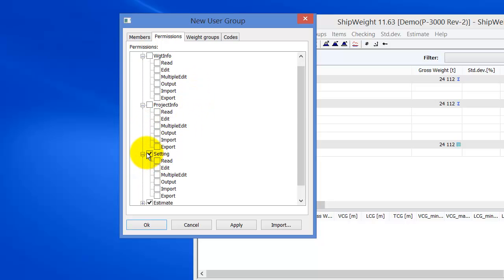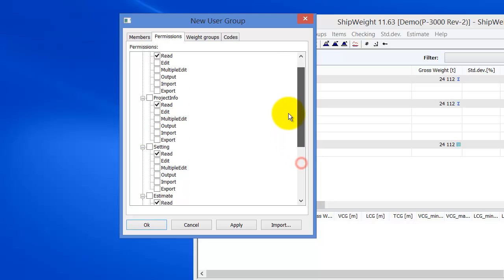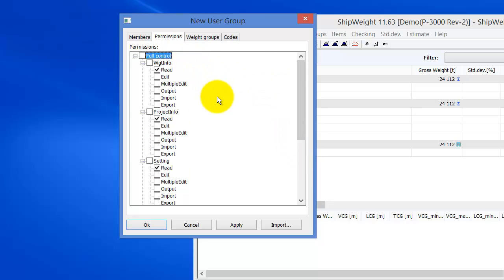Since we are going to do a read-only group, and we would like this user to be able to access all areas of the project with read permissions, we will select read on the weight information, read on the project info, reading of the settings, and reading of parametric estimation, and reading of the playground. So now we've set the permissions for read, and the next step is to define which weight group this user is allowed to be